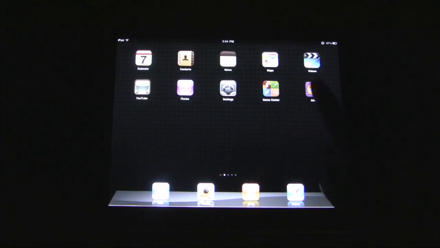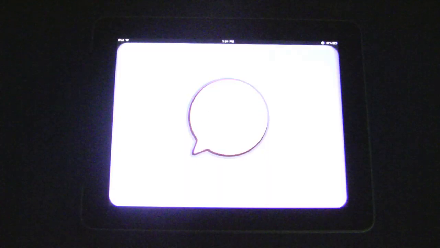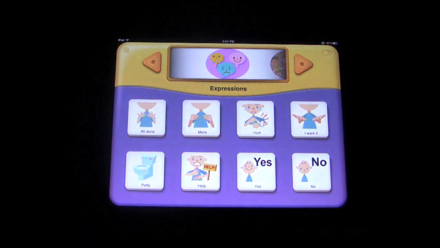This is a demo of My First AAC. My First AAC is a communication app developed by Project Injini with 22 categories and over 200